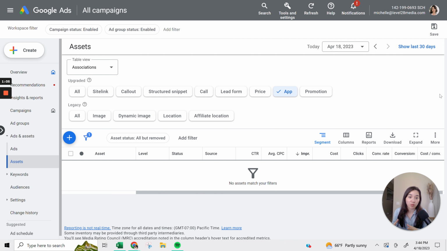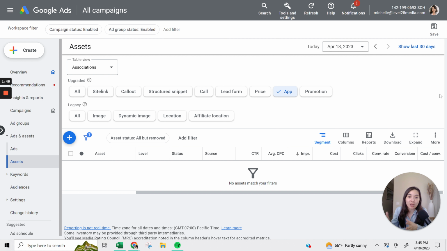To maximize the performance of your responsive search ads, Google recommends you use these ad assets because they allow you to take up more real estate when people are searching and see you. Your ad is going to be a lot more visible, and this is going to lead to increased click-through rates and ultimately increased conversion rates. You'll have a stronger prominence on the search engine results page, and people will tend to get more value from your ads. In terms of the cost, they're completely free,